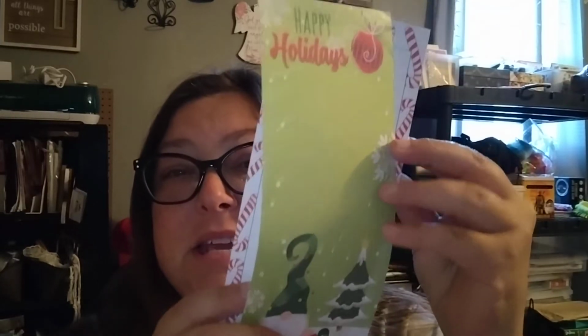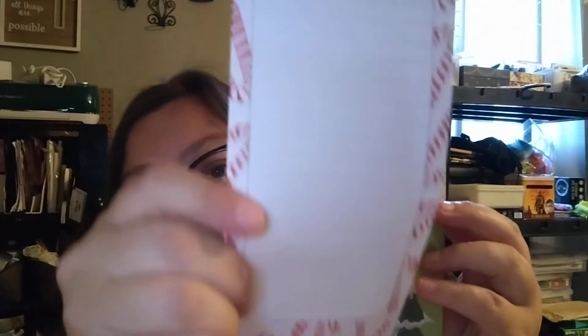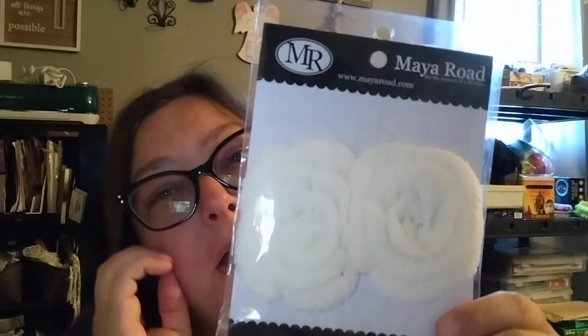She sent me these, and I thought these would be good to do the bucket list and then maybe my Christmas list, or my Christmas list, the bucket list. Then she sent these roses. I probably will not use this in the junk journal. I will probably save these and use these for another project. And then she sent me red paper, white paper, two-sided paper, some more two-sided paper, another one,